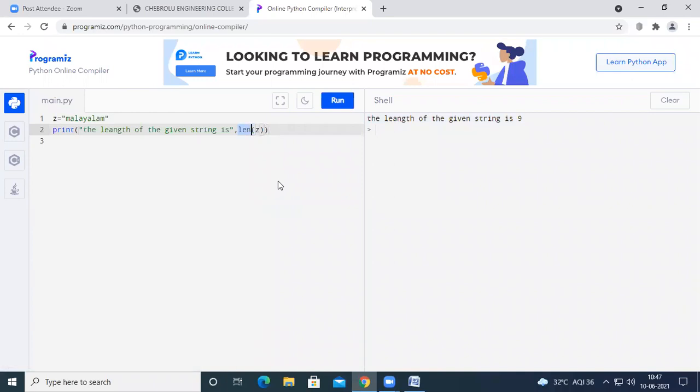So see here, I want to find the length of a given string without using this len function. So what do I have to do in order to find the length of a given string without using the len function? Let us write something here.